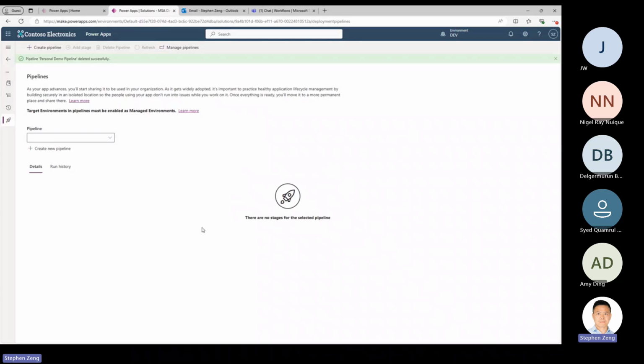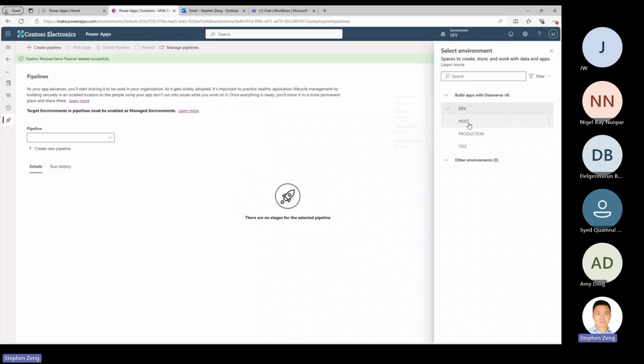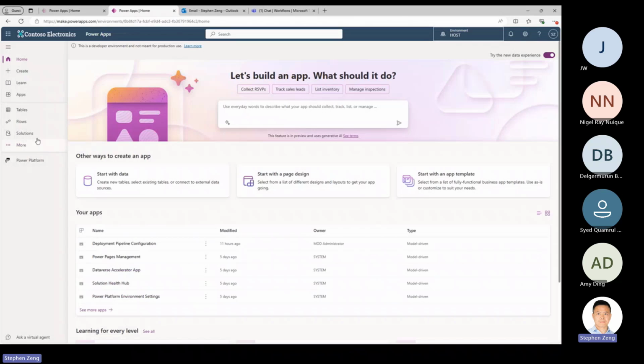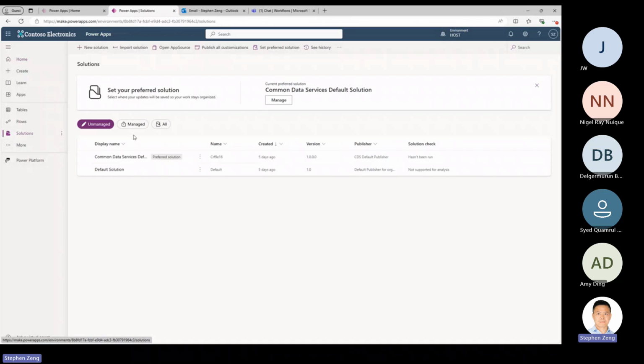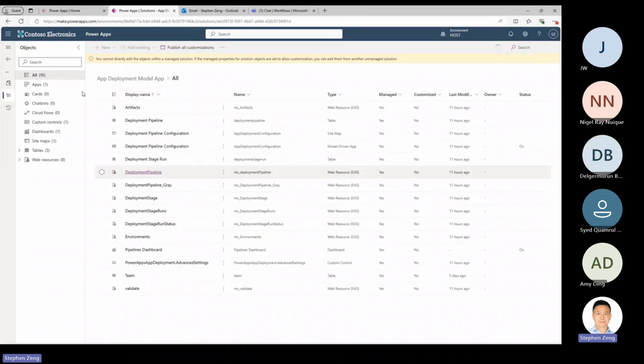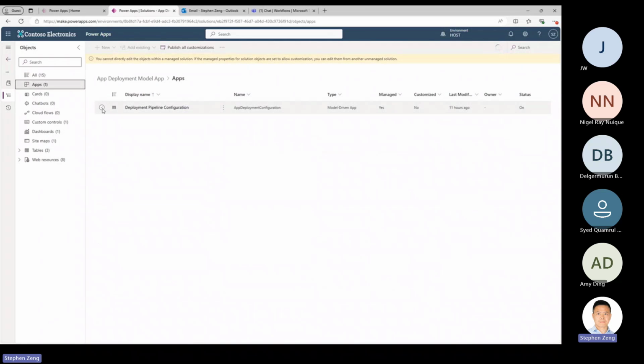So there's no pipeline now, and I have prepared an environment called host. In the host environment, I have pre-installed a solution called the app deployment model app. And there is a model-driven app. If I launch the model-driven app,